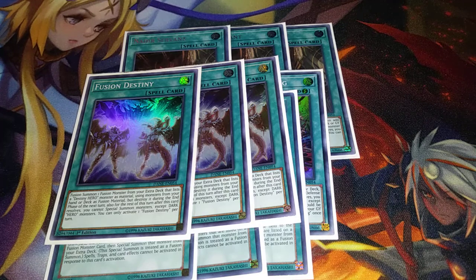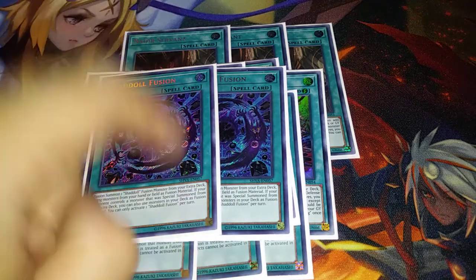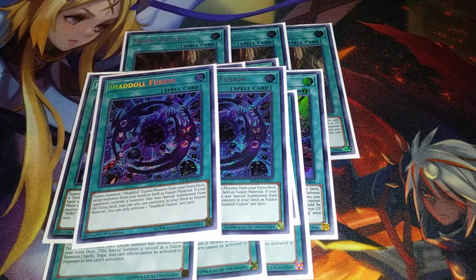You fuse it away and then just bring back DPE right back. So yeah, counts in this deck. 2 Shaddoll Fusion because I'm only playing 4, and drawing multiple of this card is really breaky and makes it inconsistent. So that's why I'm playing 2. And this card is also accessible too, like Apkallone